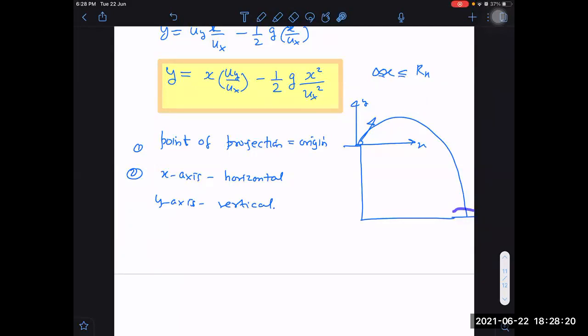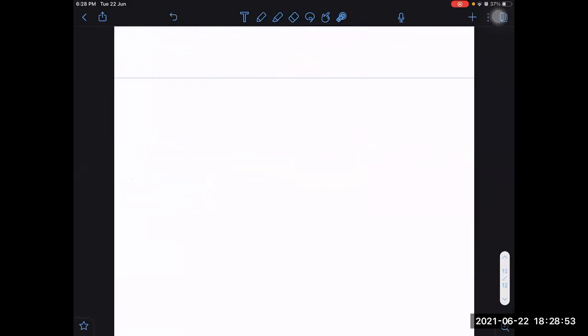So we can't tell what the trajectory is after that. It will be different for different cases after striking. After striking, it depends on the decision. Before striking, this will always be valid. RH will become different: for the inclined plane RH will be different, and if it is falling on horizontal ground, then it is a different RH. RH will keep on changing.